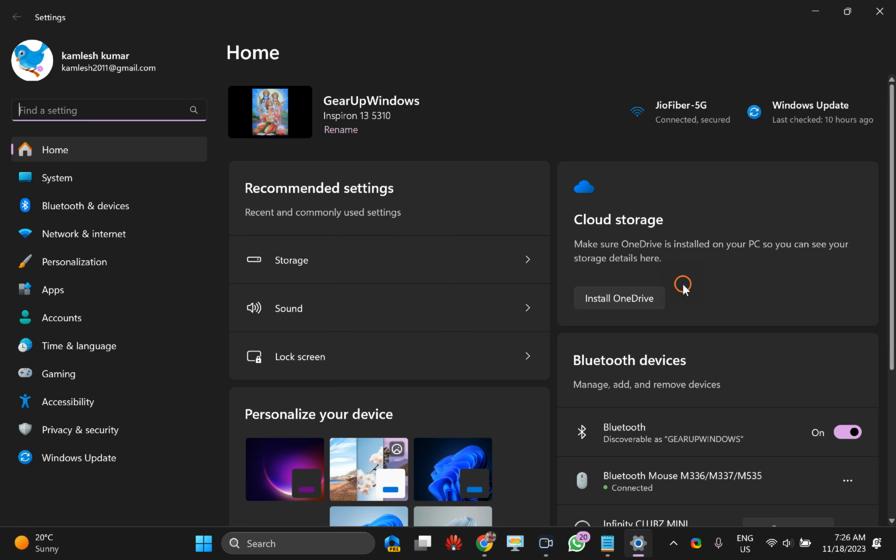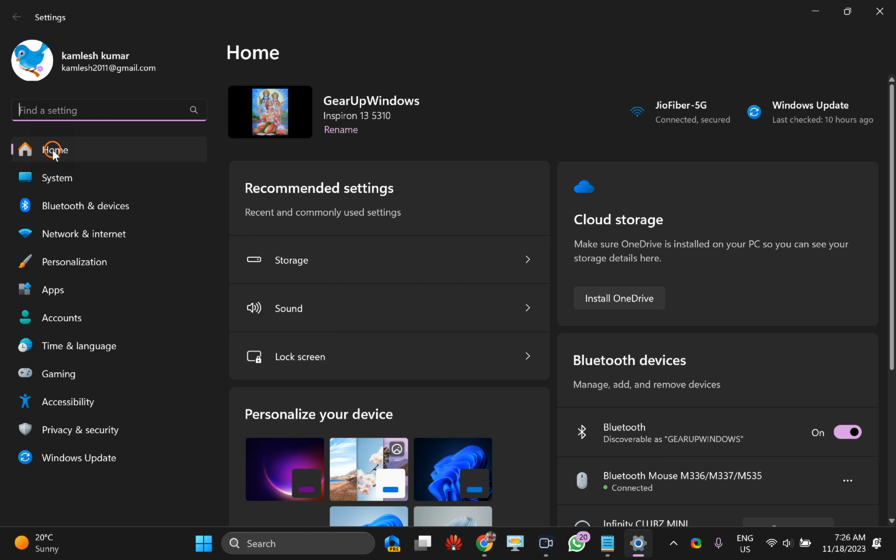In this video, we will guide you on how to add or remove the settings home page in Windows 11. By default, the home settings page is enabled in the latest version of Windows 11. If you don't see it, if you have already hidden it, or if you want to hide it purposely, then this video will help you.